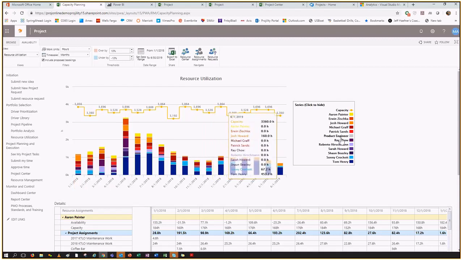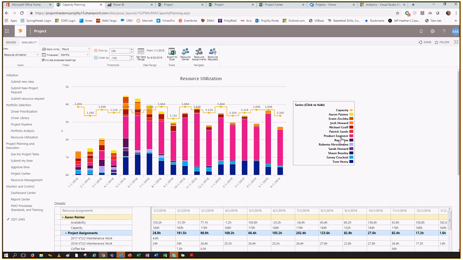But once I load in there that unfulfilled demand, or all those requests that are coming in, that role called a product engineer, then I see periods where I'm going to have more work than people. So I can confidently say, hey, based on my current forecasted work, October is a fine month. But if I look at it, I'm going to have some resource bottlenecks or challenges in the month of May. And I'm going to have to resolve those through my portfolio management, which is one of the key tools that's built in. So these are some great views that are built into Project Online,